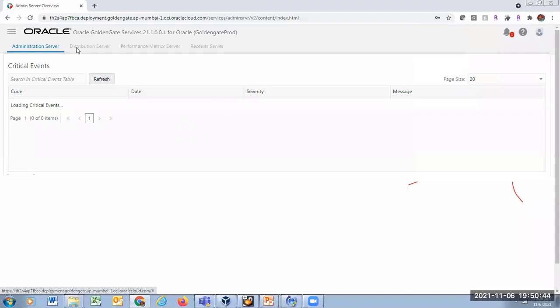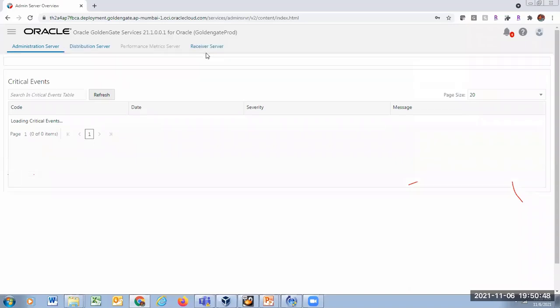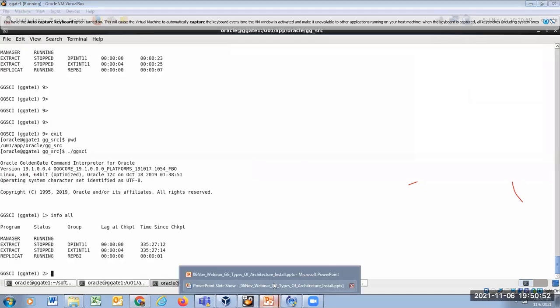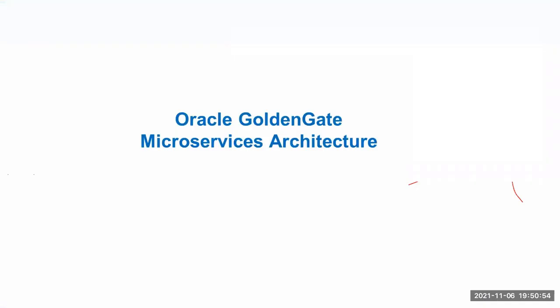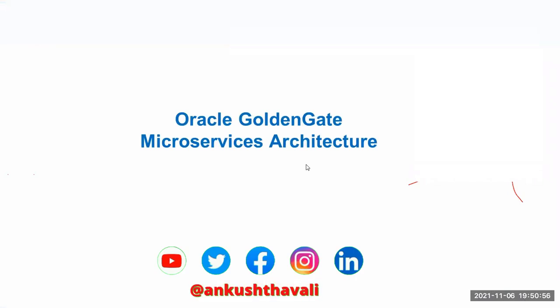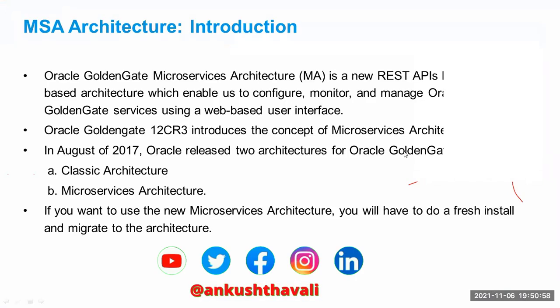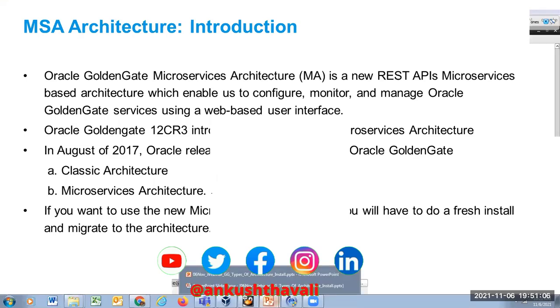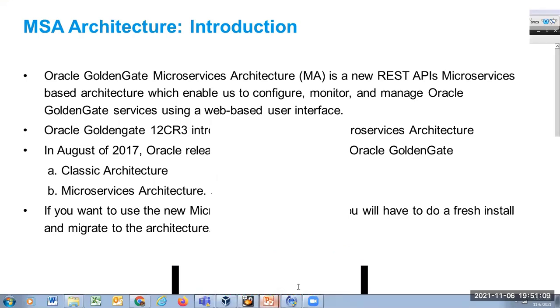Microservices has different components like the admin server, distribution server, performance metrics server, and receiver server. When you see things, it becomes easier for you to connect, that's why I showed it to you. Microservices architecture is a new REST API based architecture which enables you to